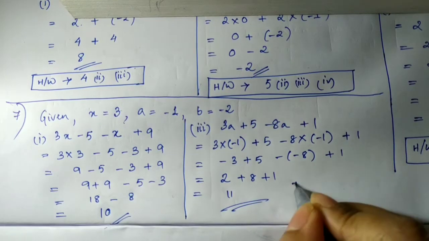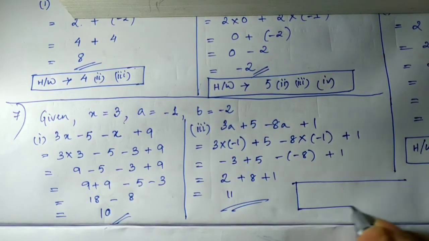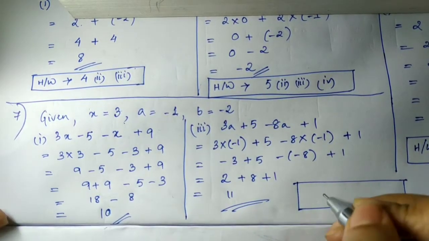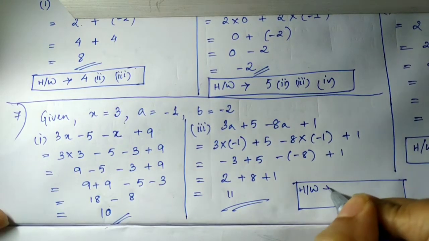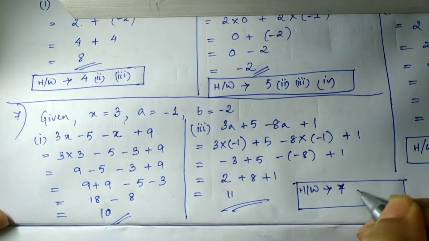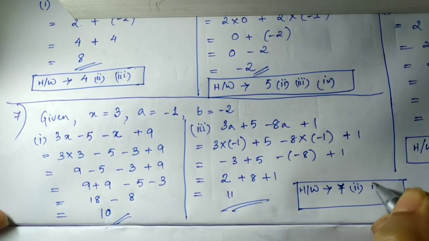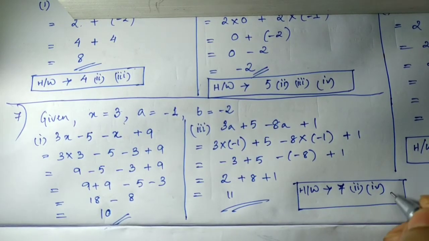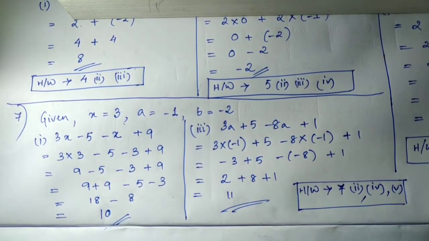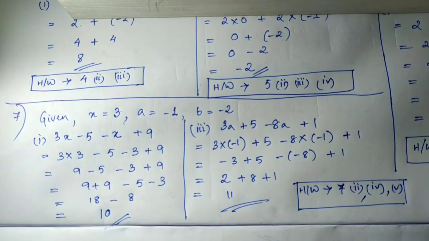So you'll try the remaining sums as your homework. Okay, all of you see here, homework will be: question number 1 I have done for you. So question number 2 and 3 are done, 4 and 5 you'll just try these 3 as your homework. Now let's move on to question number 9 and 10. 2 sums are given. I will show you. 9 will be your homework.